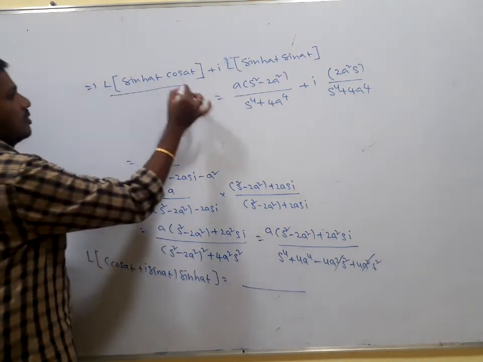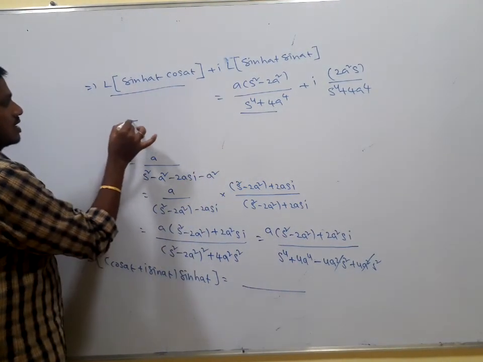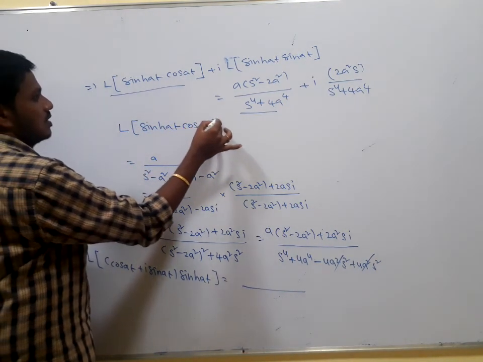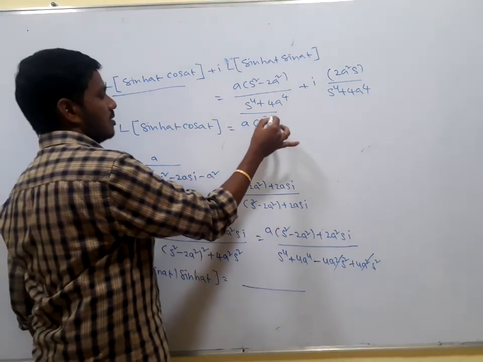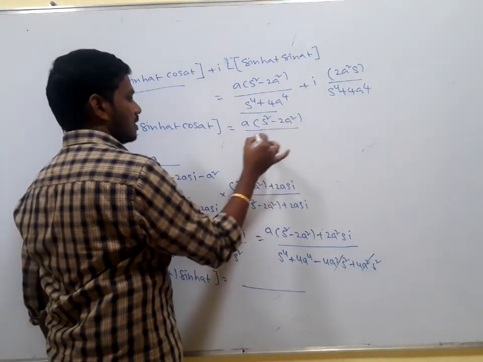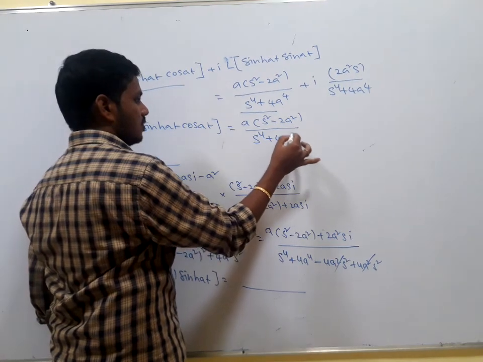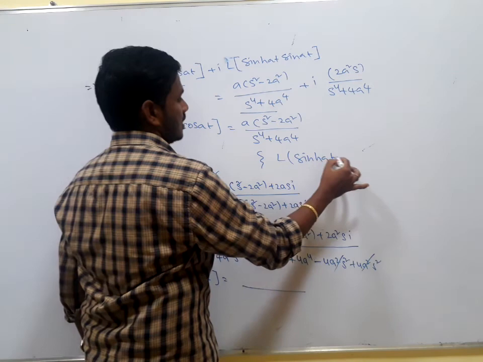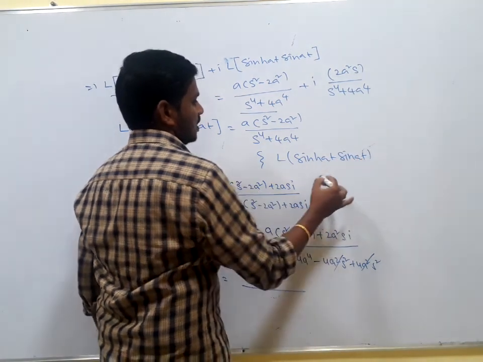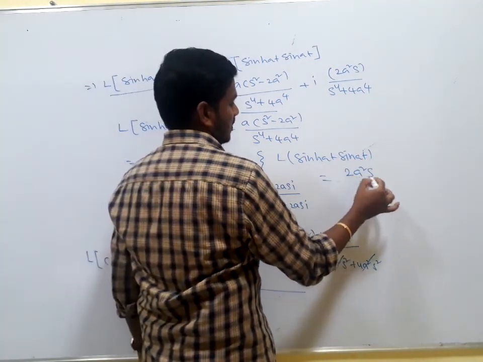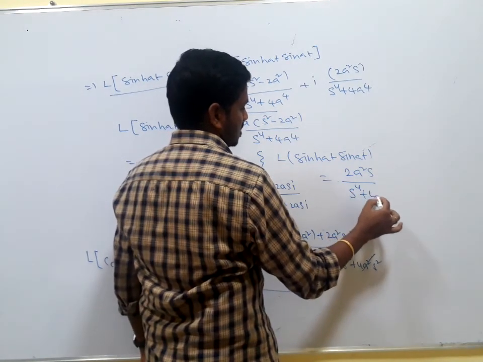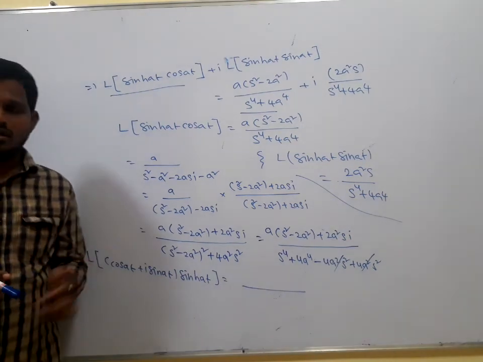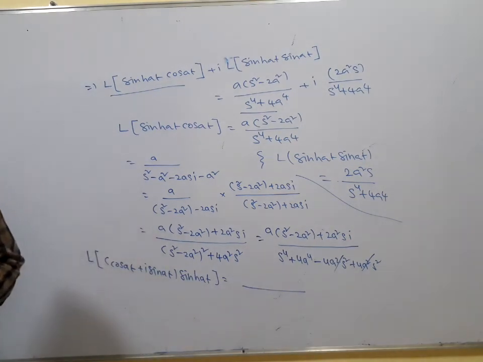So this is a real part here. Laplace transform of sin hat cos at is equal to a into s square minus 2a square by s to the power of 4 plus 4a to the power of 4, and Laplace transform of sin hat sin at, the imaginary part, here it is 2a square s divided by s to the power of 4 plus 4a to the power of 4. This is the problem, or by using the previous property also you will get the same answer, right? Next,